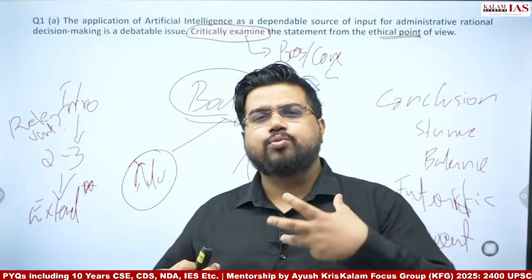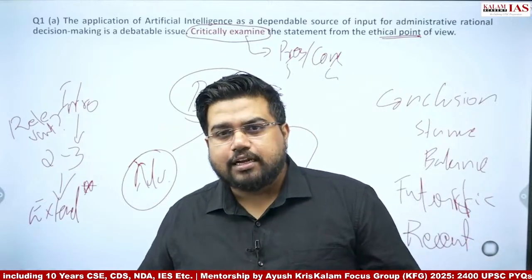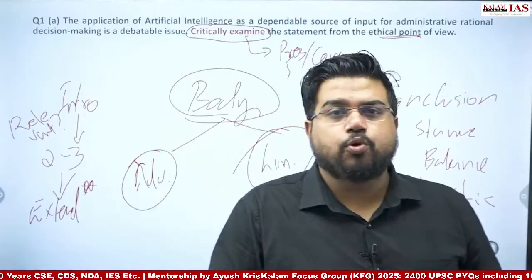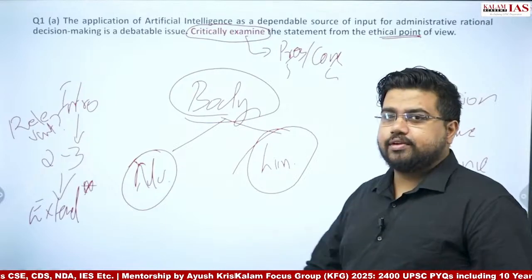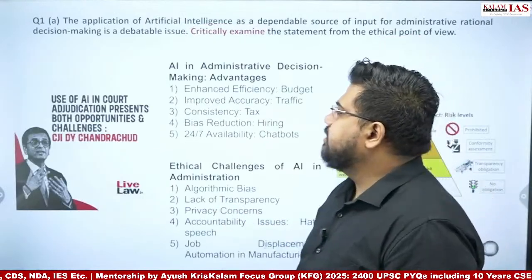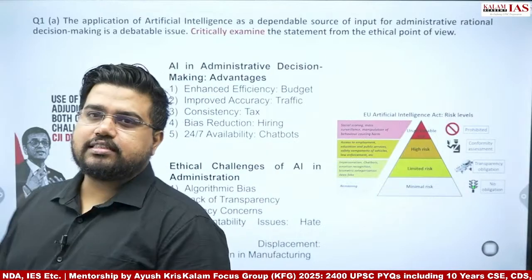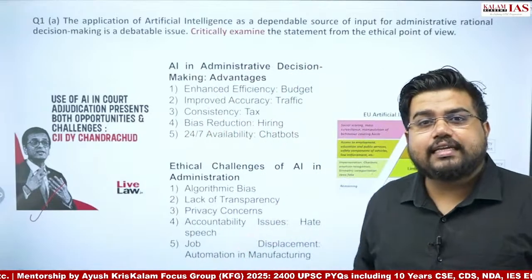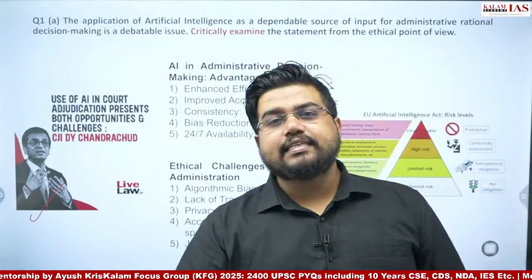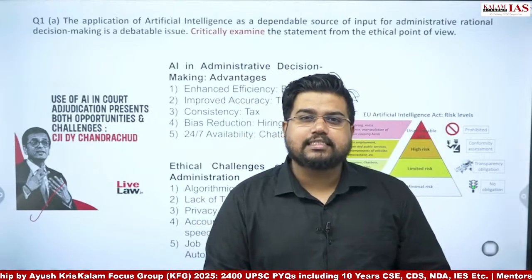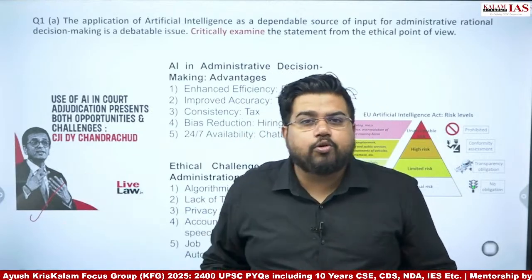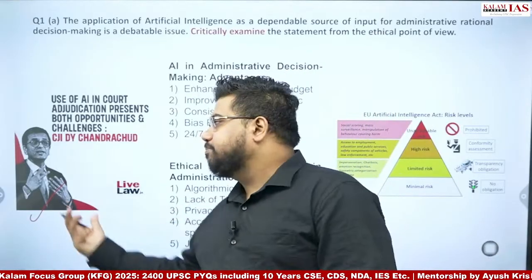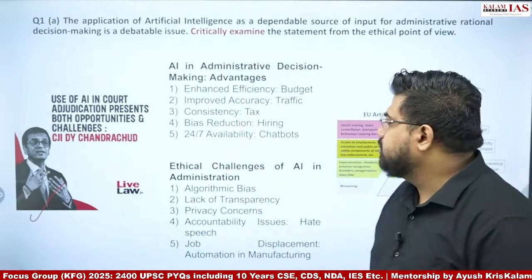And find how bringing in AI can make a difference. To give an ethical touch to it, consider what values AI is upholding and what values AI is not upholding. Bring 5 points into each of these, and your work is done. Let's see how it is being done. There is a statement by Chief Justice of India Chandrachud where he speaks about the potential of AI in automating routine decisions in judiciary. On the other hand, he also spoke about the importance of human touch in core decisions. So you can give his statement as a very classic introduction to this question.